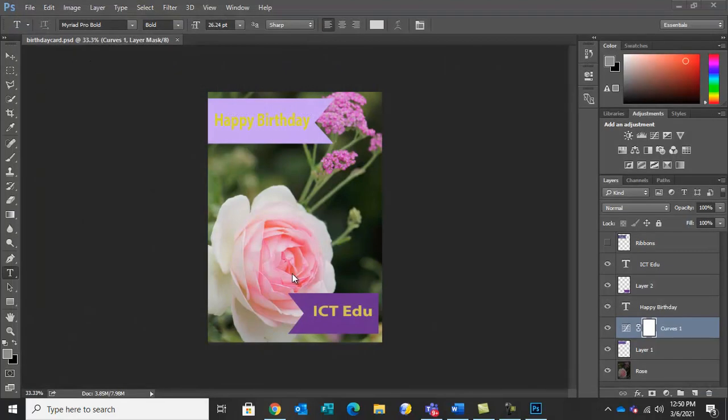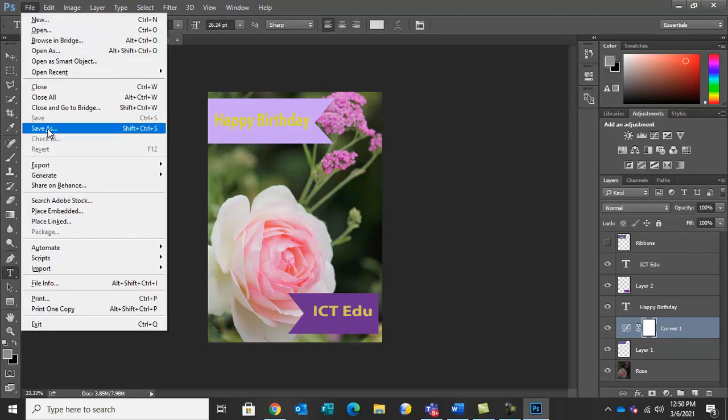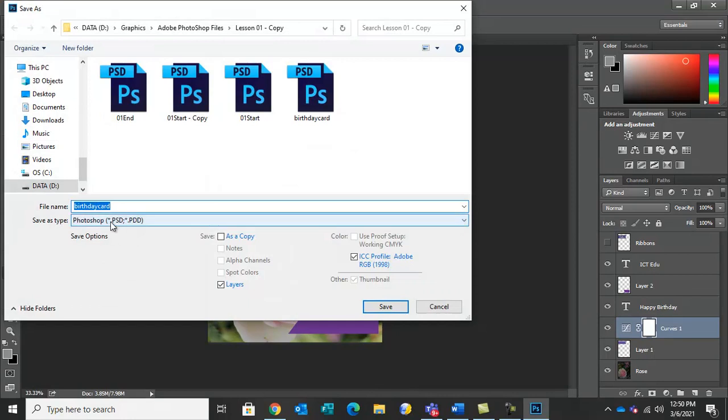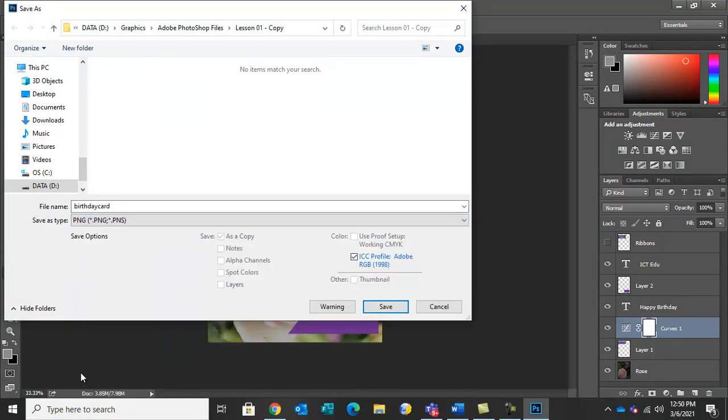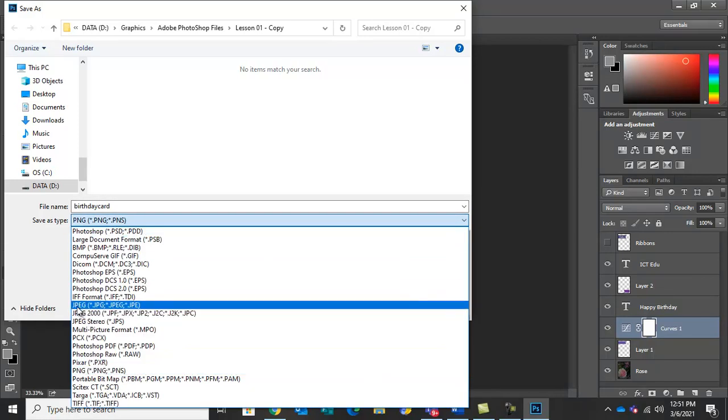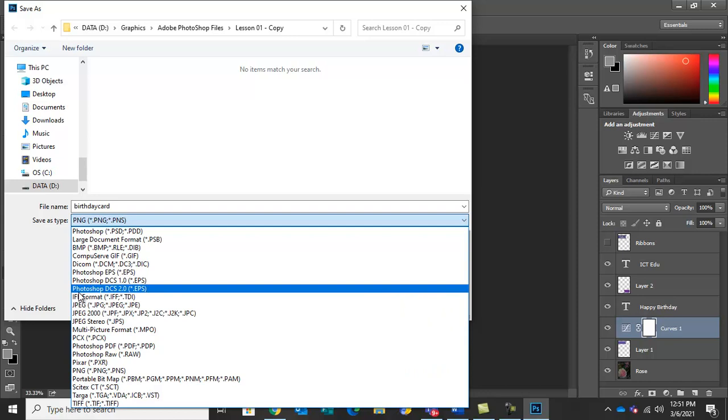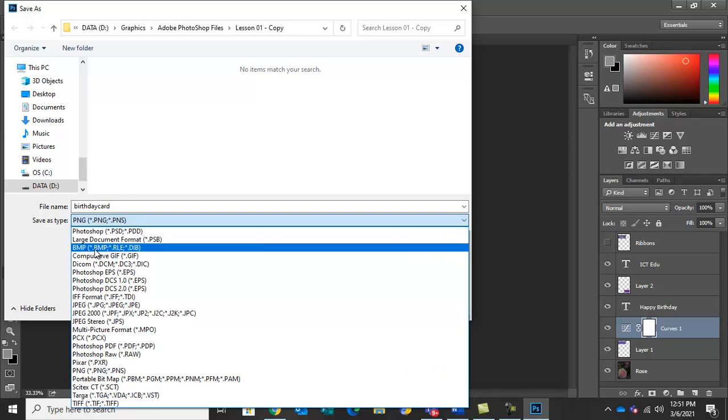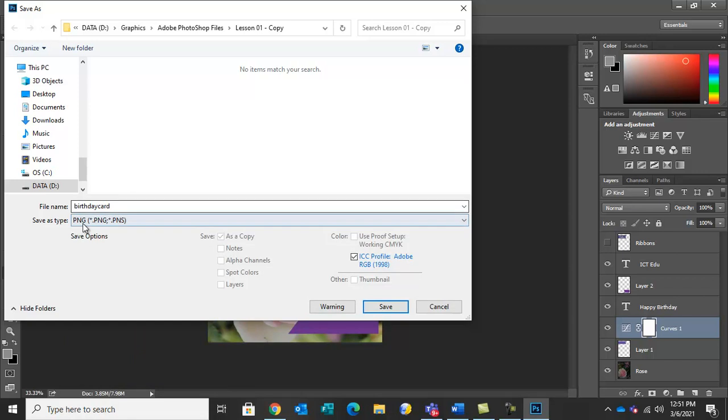Now if you want an image file, for example PNG or JPEG, go to File and Save As. Convert this birthday card into a PNG so that you can send it as an image. Now it will open everywhere. They can open it in a browser, they can paste it in Word, any package. They can paste it in Excel also. So convert to PNG or JPEG. This JPEG option is there. Okay, so these two options we normally use, PNG and JPEG. Bitmap we can do for Paint. Okay, so it will open in Paint also. So PNG and save it.